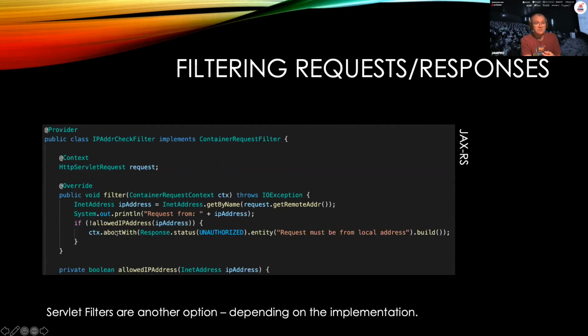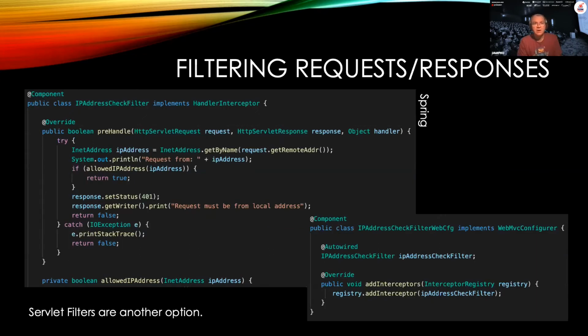It will say if it's not an allowed IP address, we're going to abort, and then we send a response back here, and we have a custom response saying unauthorized, request must be from the local address. So it's a pretty nice way to modify the request, or either modify the request or abort the request before it even gets to your business method.